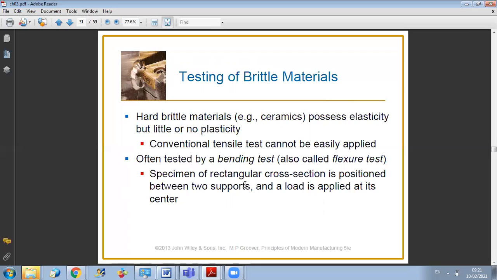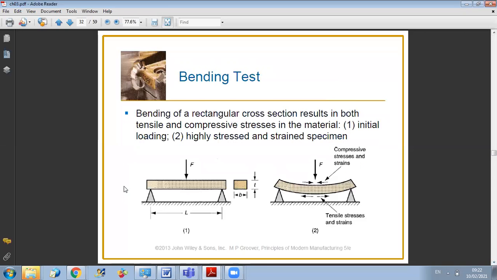It consists of a specimen of rectangular cross-section positioned between two supports, and the load is applied at the center of the section. Let us see here. You have a rectangular cross-section supported at the two sides. We apply at its middle a force F. If you have taken the statics course, you know that this force will lead to deflection of the beam, and it will also cause compressive stresses from the upper side and tension stresses from the lower side. So the bending test causes both compression and tension,